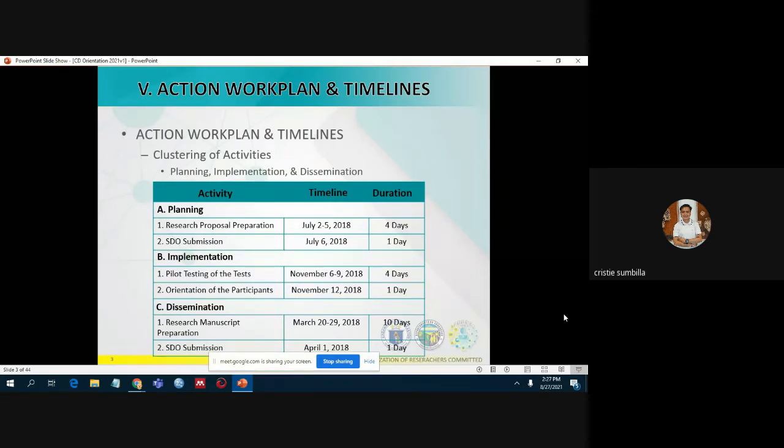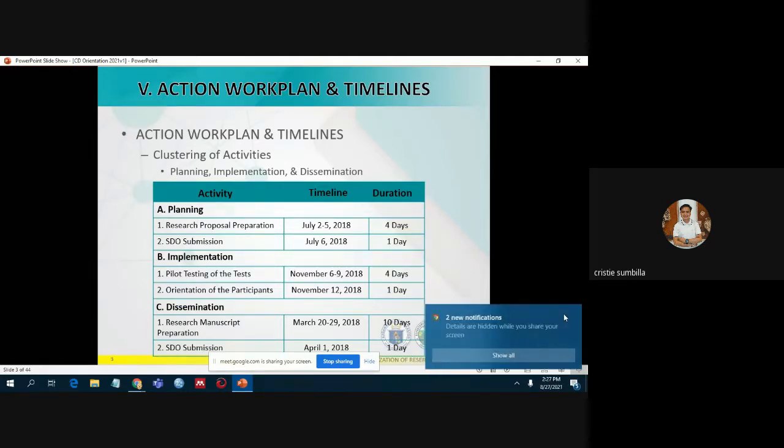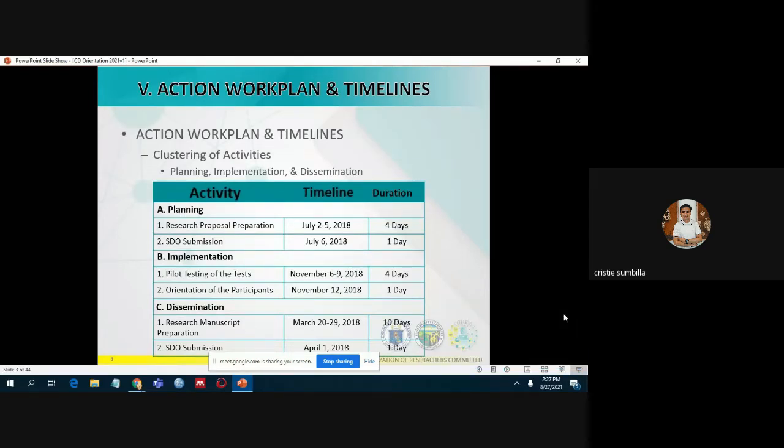So this part contains the research timelines. These are activities to be conducted. Basically, it starts with when will the project begin and how long will it take for it to be completed, and the duration for each step in the research process. Take note that timelines should be realistic and show concretely how the research will unfold over the allowed period of time. Also, there should be clustering of activities from planning to implementation and to dissemination.